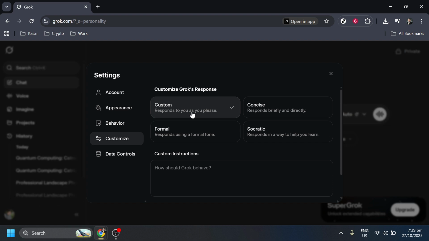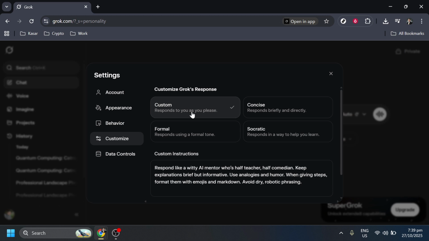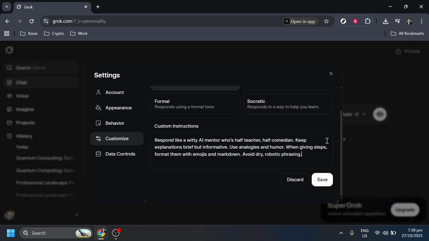For instance, you might want your AI to respond with a witty tone or sprinkle in a bit of humor in its replies. This allows you to inject personality into your interactions, making them more engaging and suited to your style. Once you've entered your desired instructions, whether they're amusing, formal, or tailored in a way that fits your needs,